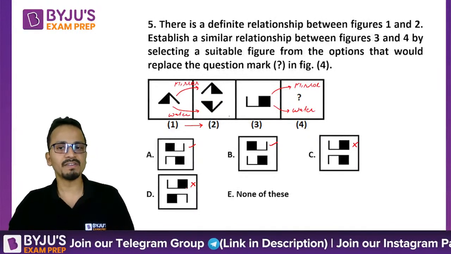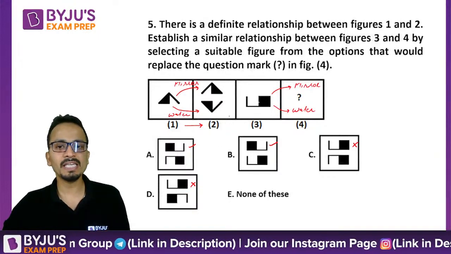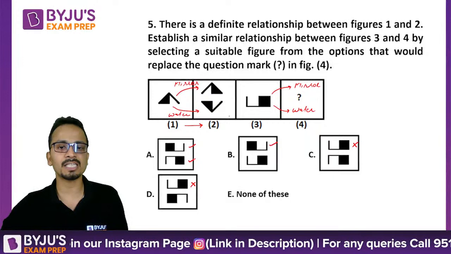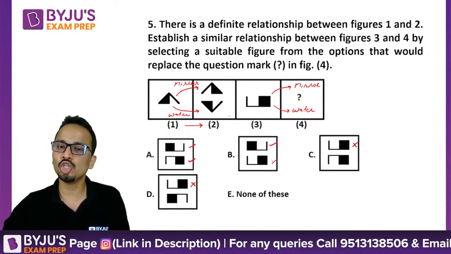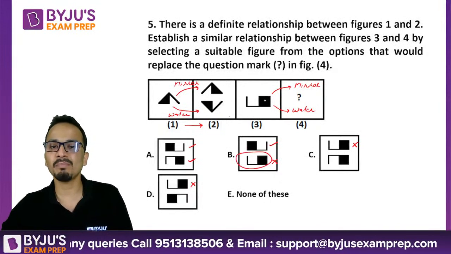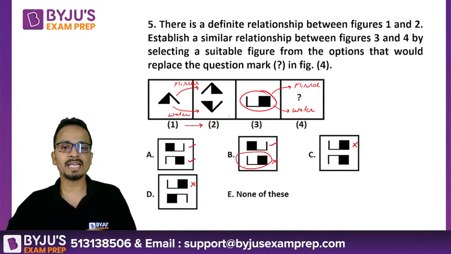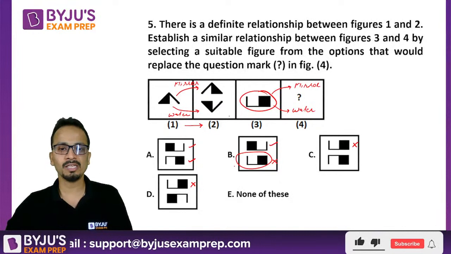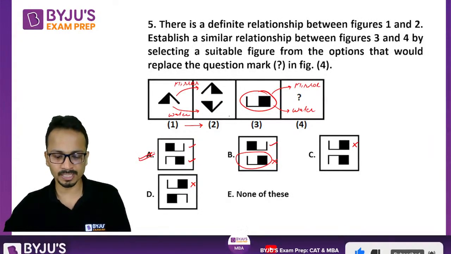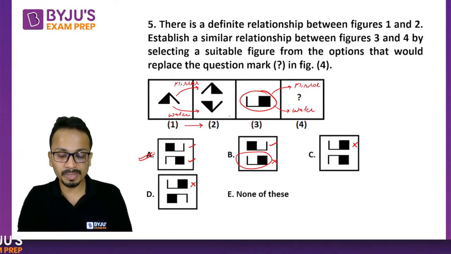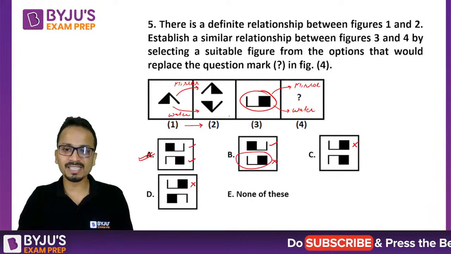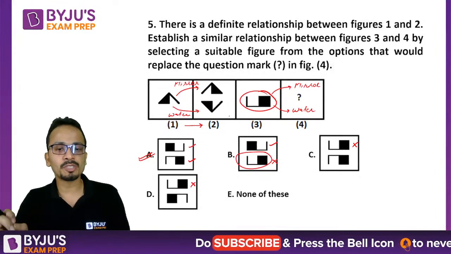Okay, अब नीचे वाला figure check करते हैं. Now I need the water image of this figure. So water image of this figure, figure A is satisfying. Figure B is not satisfying. Figure B, this figure is same as this figure. So I can eliminate option B as well. So B, C and D have been eliminated. Option A has been selected. So the correct answer will be option A. Yogi, it will not be option C or D. It will be option A.